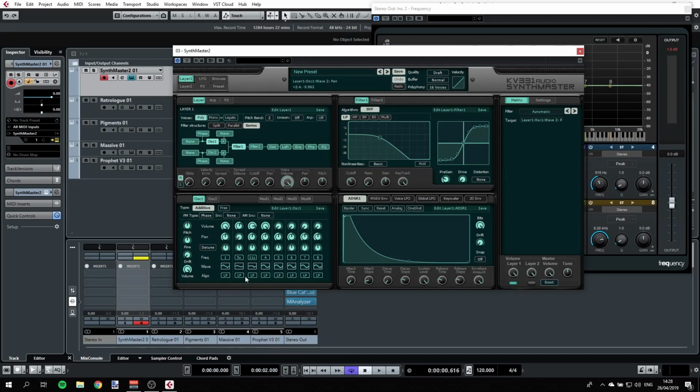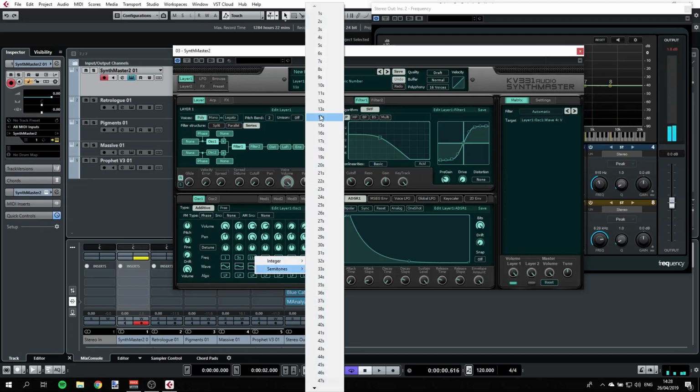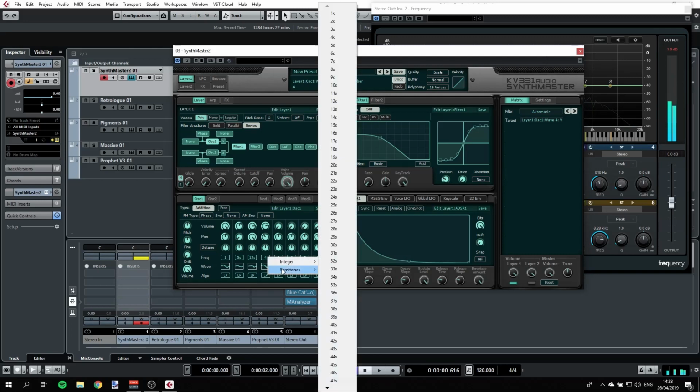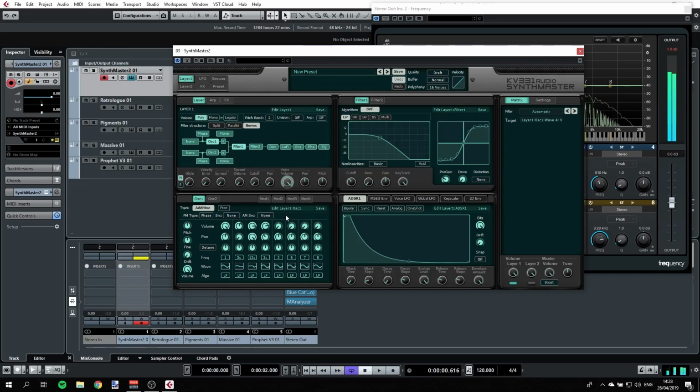That can go to the left, this one can go to the right. Different semitones, that can be an octave, for example. That can be something else. Right, so